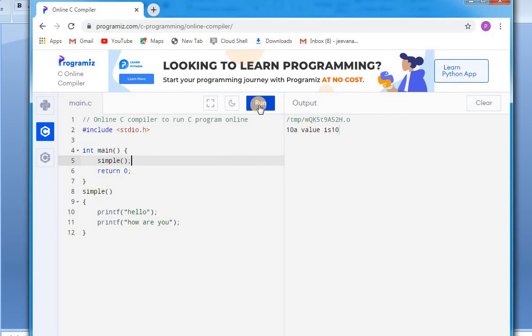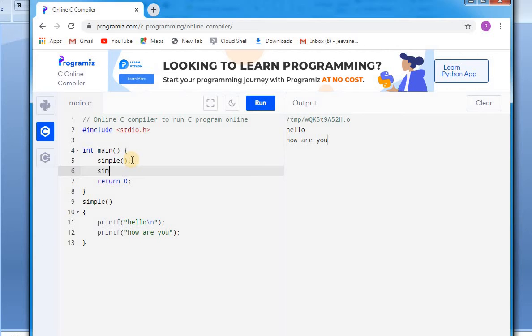Now when I run this, my output will be hello and how are you. So this is a very simple program, and you can declare it in a normal way, or you can write it in a simple way. But if I want to call this a number of times, then see, if I call this one more time, hello how are you, hello how are you.